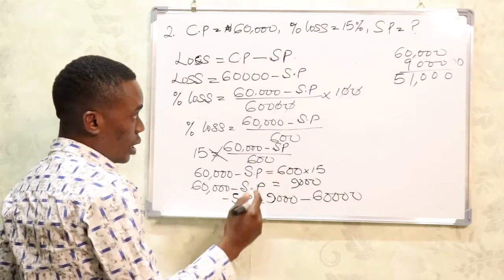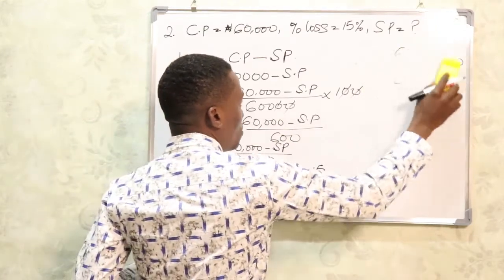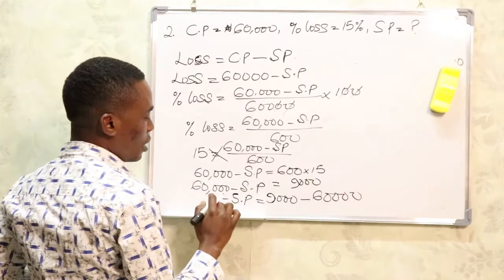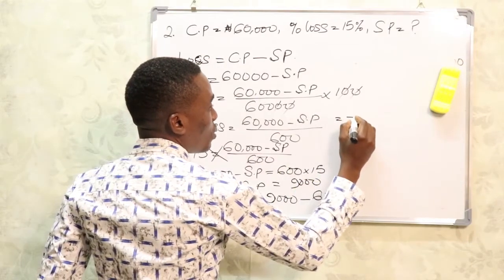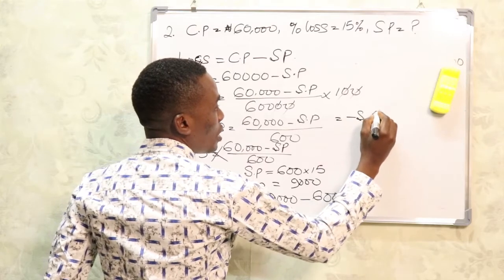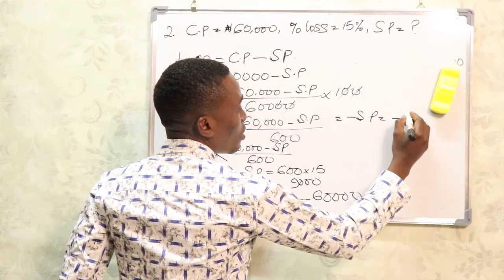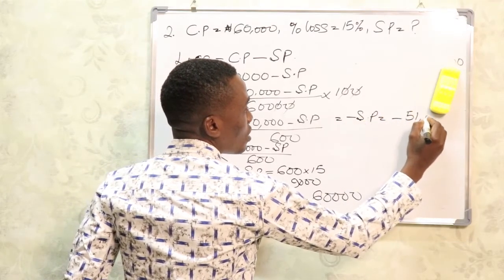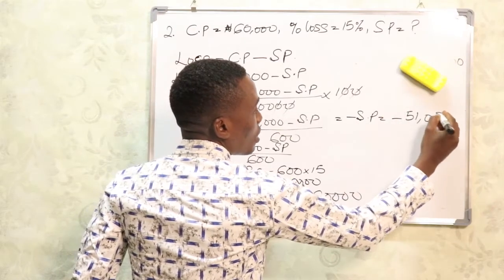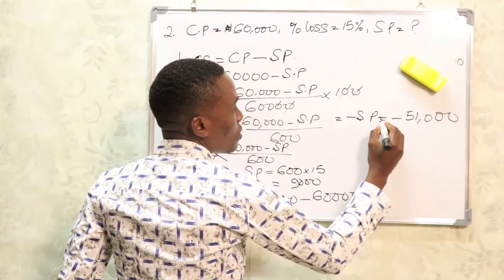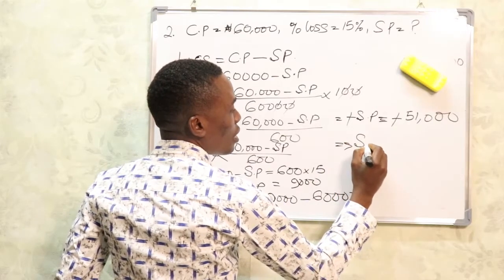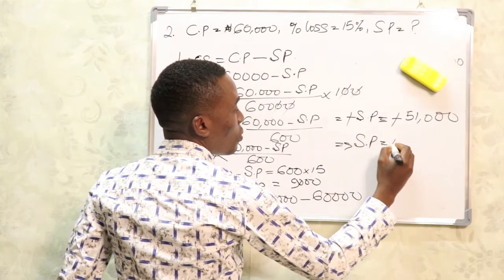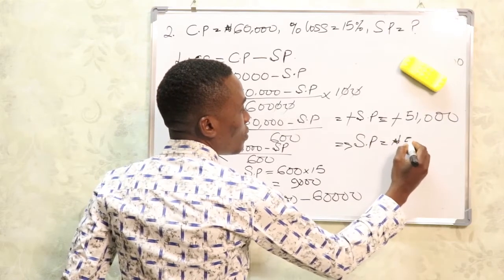So recall, this 51,000 is going to be on the negative side because this is carrying minus. So this will give you what? Minus SP equal to what? Minus 51 what? 51,000. Now this negative sign will cut this negative sign. What we'll have, our selling price will now be equal to what? In naira,